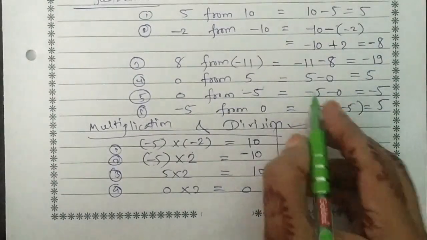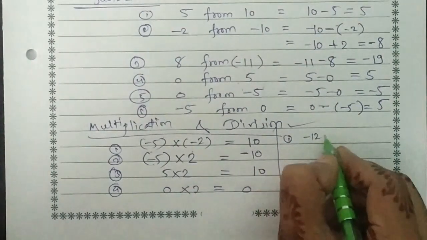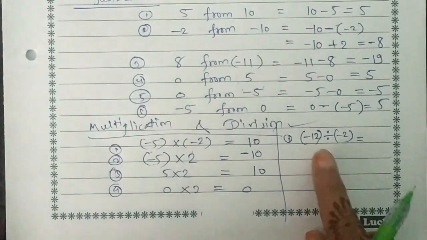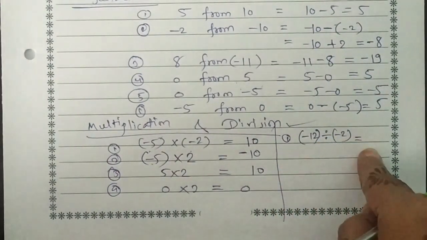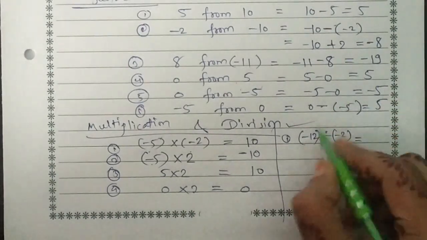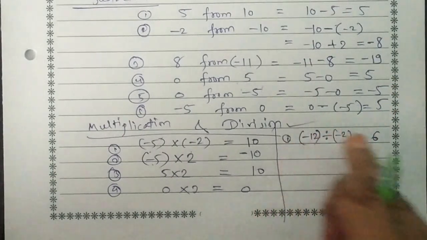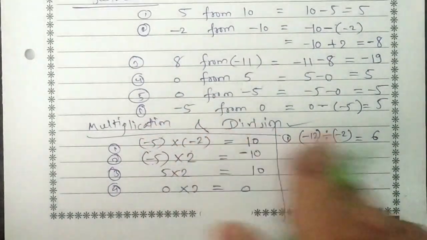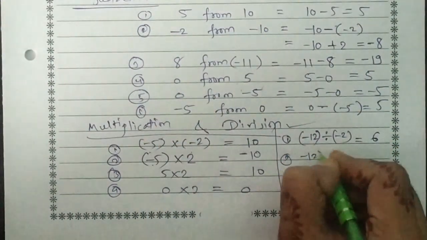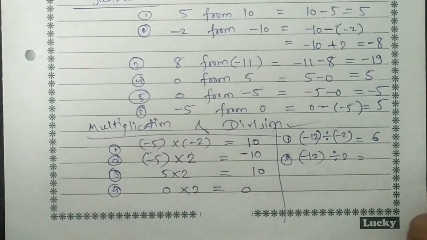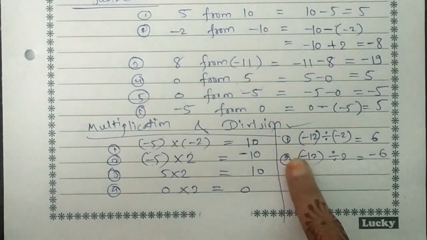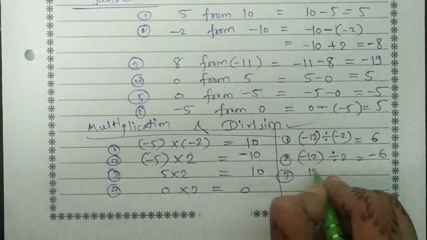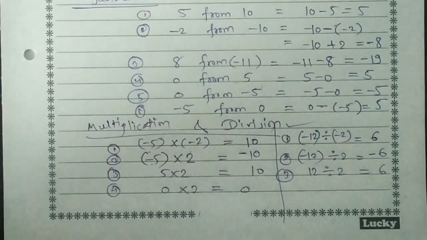In the same way in division, suppose I divide minus 12 by minus 2. Children, here both are minus, so simply find the quotient, and we get 6. It's completely divisible: 2 6s are 12, and 6 will be positive because the minuses cancel, like in multiplication. Suppose it is minus 12 divided by just 2, we get minus 6. If only one is negative, the answer will also have a negative sign. And if both are positive, then simply 6.